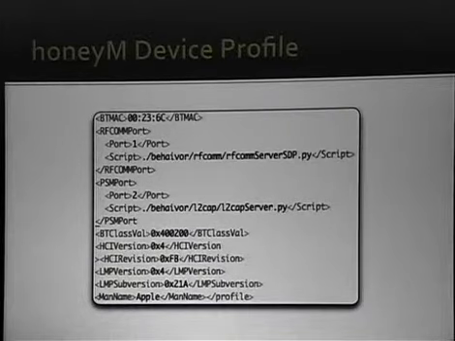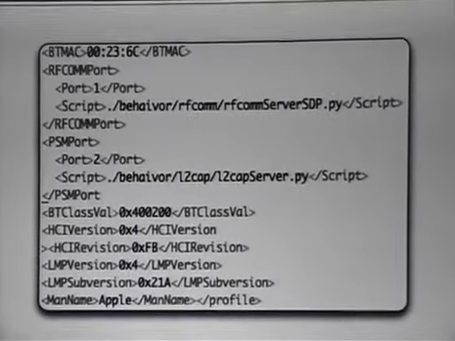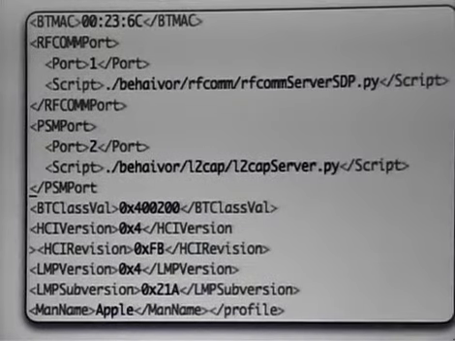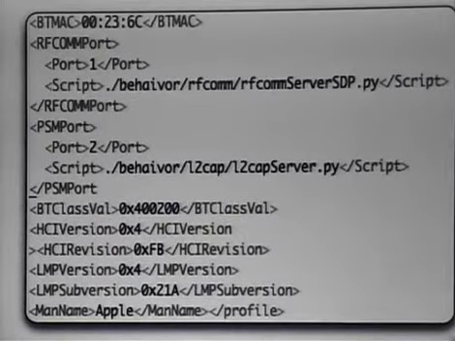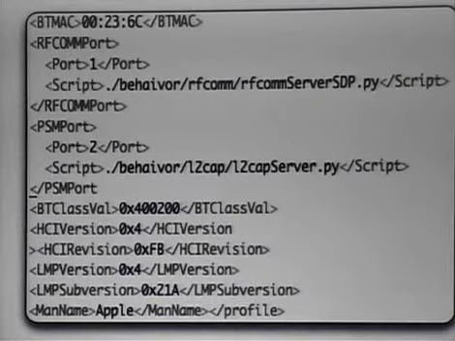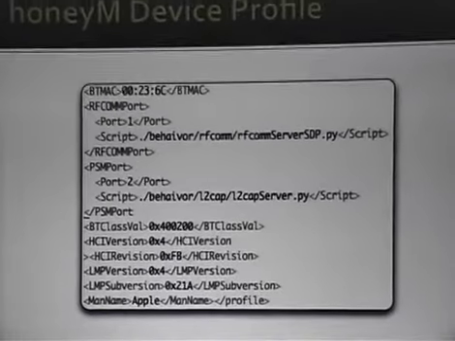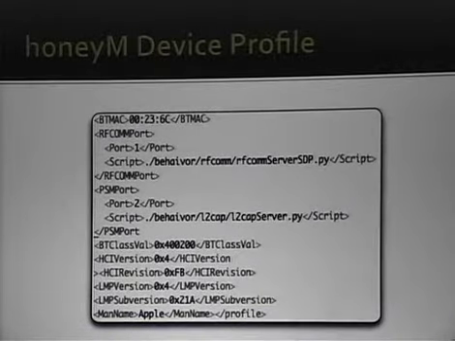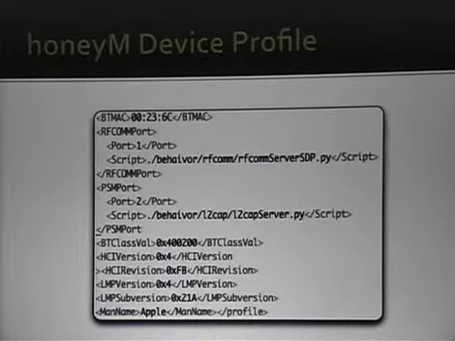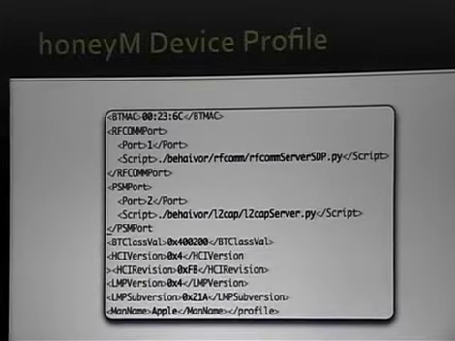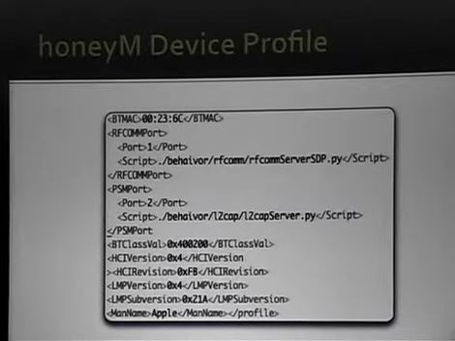So our system works like this. For each device that's out there, we interrogate all of them and we build an XML profile. And it's just part of an XML profile that gets loaded up. Each different port that's out there, whether it be a TCP port or a UDP port or an RFCOMM or PSM, we write specific scripts to do what that mobile device is doing in that state. And then those scripts also log all the activity. And then we also, after interrogating both the Wi-Fi and Bluetooth radios of the device, we flash all that stuff onto our radios, and then it looks exactly like it.